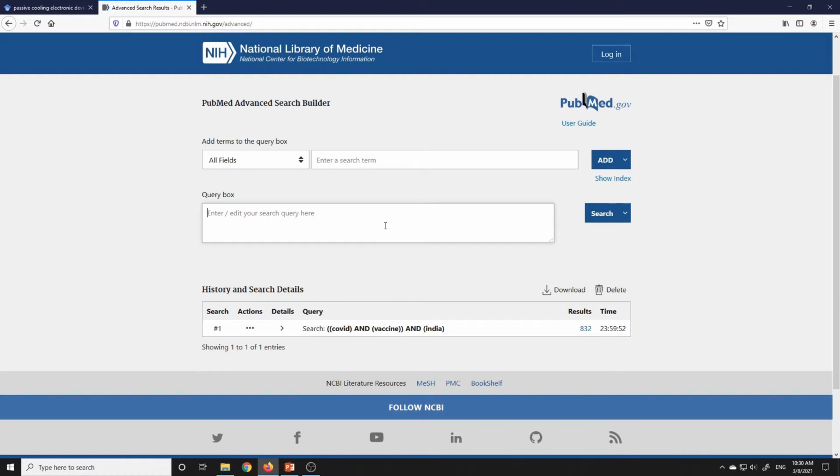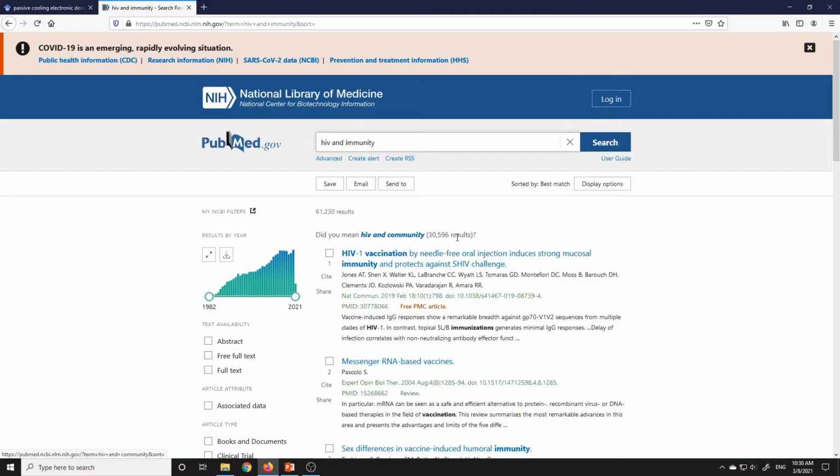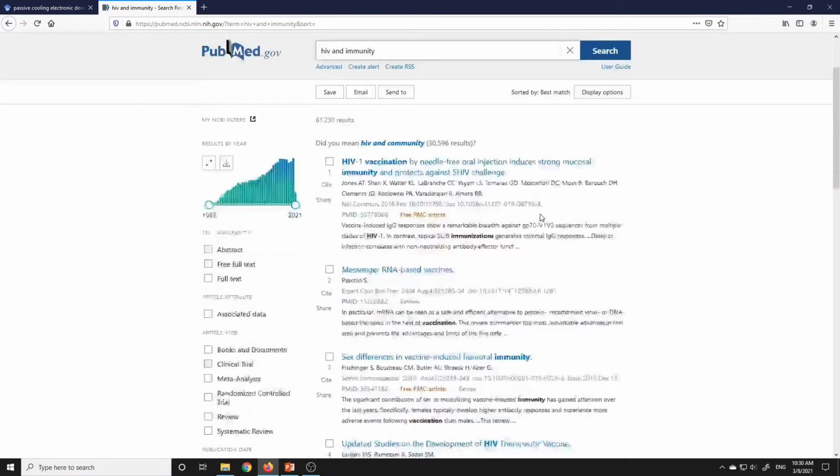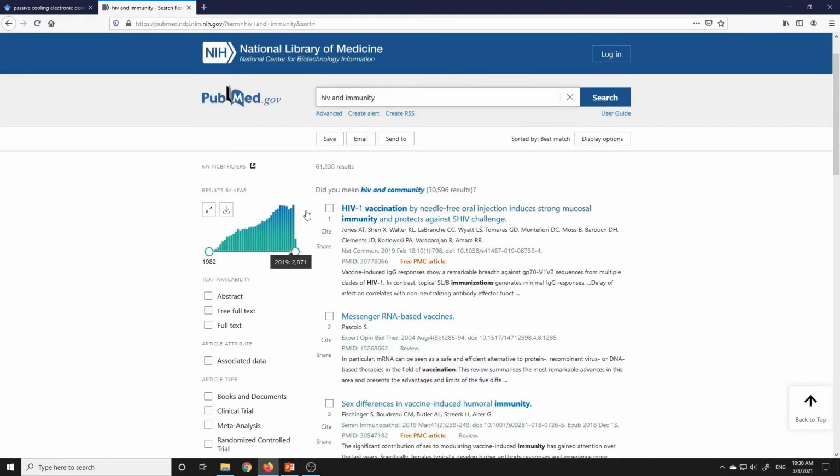Now let's go to another, let's say HIV and immunity. I don't think there is anything like immunity, so it's coming as community, but still, no, it is there: HIV 1, vaccination, immunity.